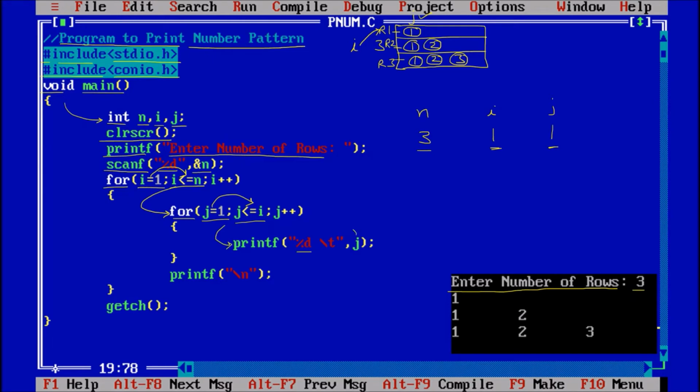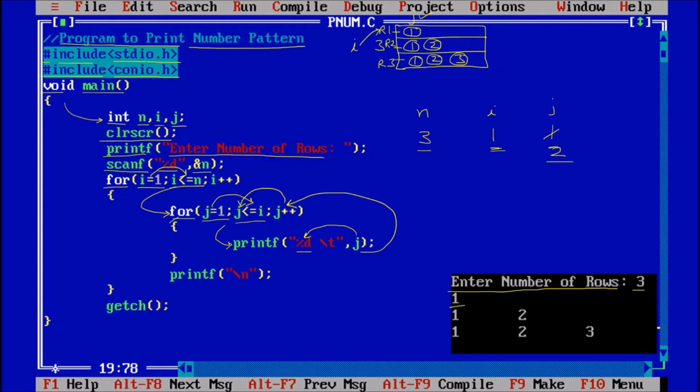%d, printing the value of j, and the value of j is 1 right now, printed. It will come back, j++, the value of j is 2. Checking the condition, j less than equal to i, 2 less than equal to 1, condition false.